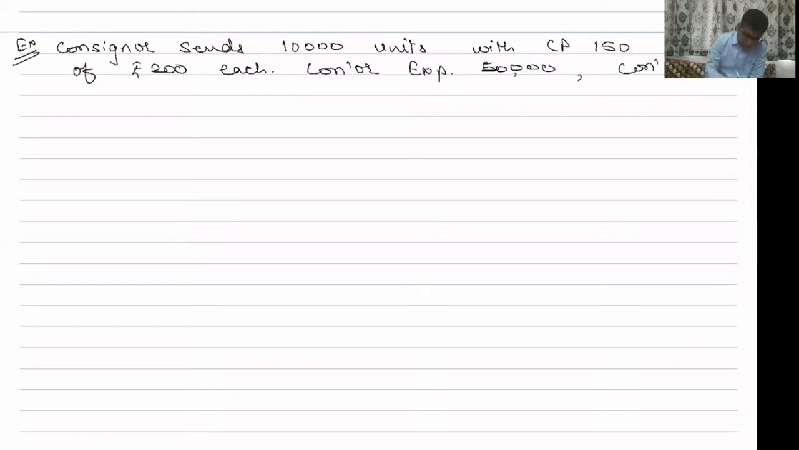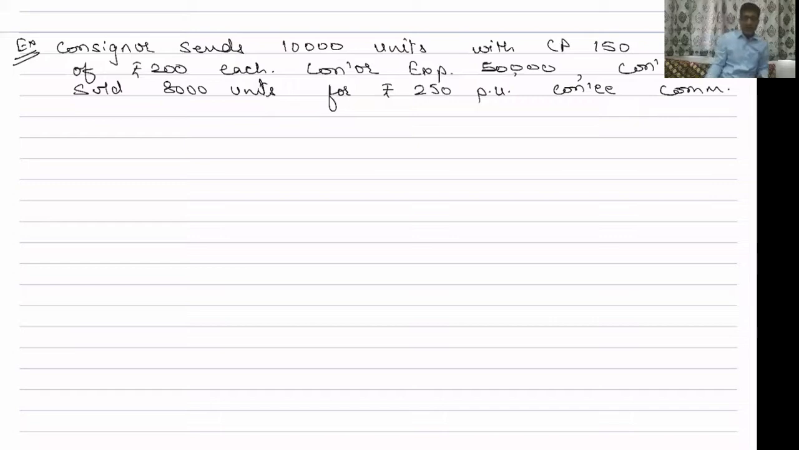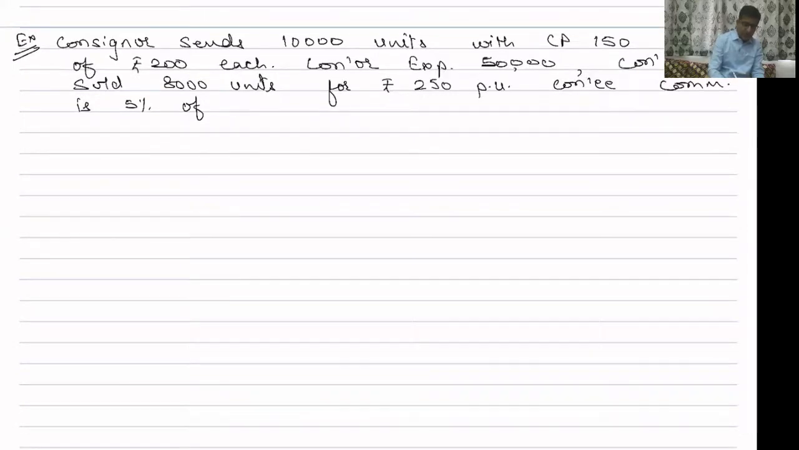Consignee sold 8,000 units for rupees 250 per unit. Consignee's commission, I am writing the short form just for the sake of writing it fast. You are not expected to write the short forms in the examination. Is 5% of gross sales,